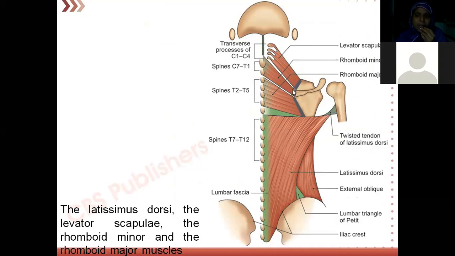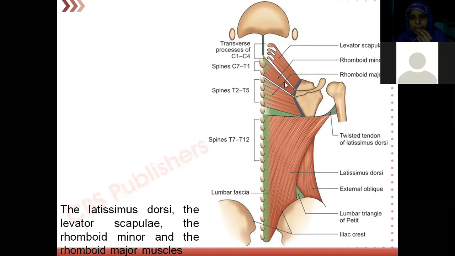From the root of the spine till the upper part, the medial border, this is giving insertion to the levator scapulae. Where is the origin? The spines and the transverse processes of C1, C2, C3 and C4. That is the origin of levator scapulae. Insertion is above the root of the spine. Then the next muscle is rhomboids minor; minors above, majors below, I have been telling you. From where is it coming? C7 and T1. You are finding the spines of C7 and T1.